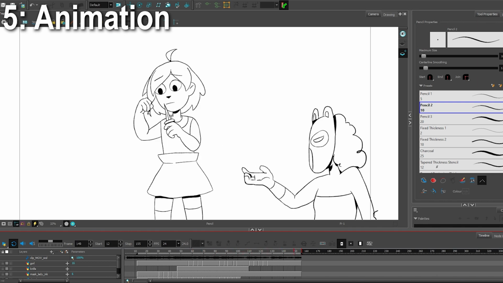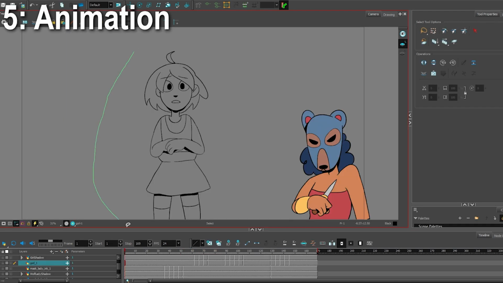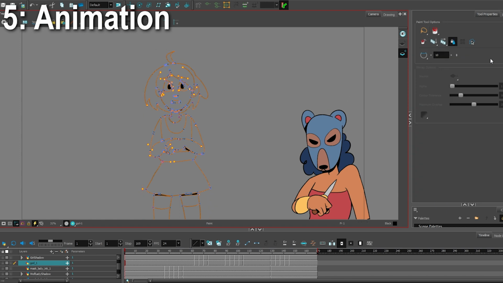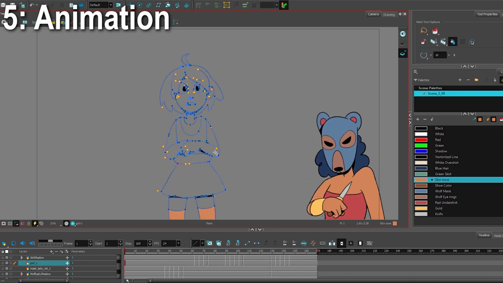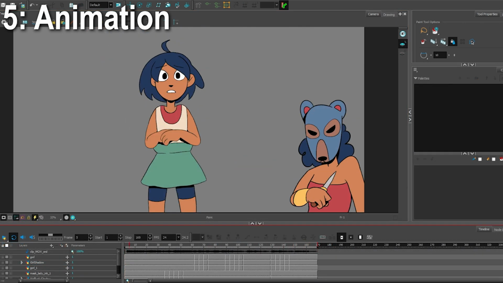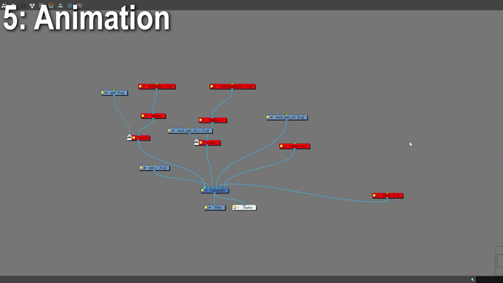After the line work is complete, the colors must be filled in. I simply use the lasso tool to select the line work, copy and paste it to the color layer, and use the paint bucket tool to fill in the lines with the desired color. Then once all the color is added, I create a mask by duplicating all of the layers, and then,